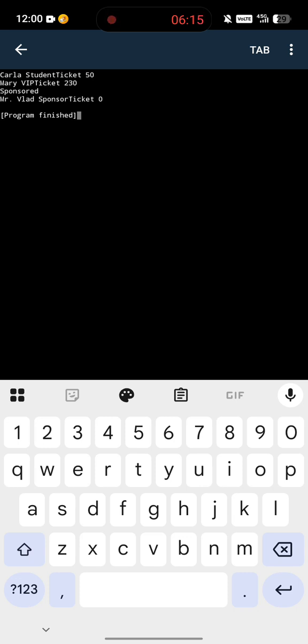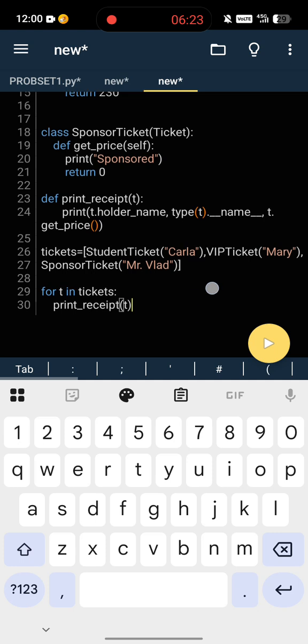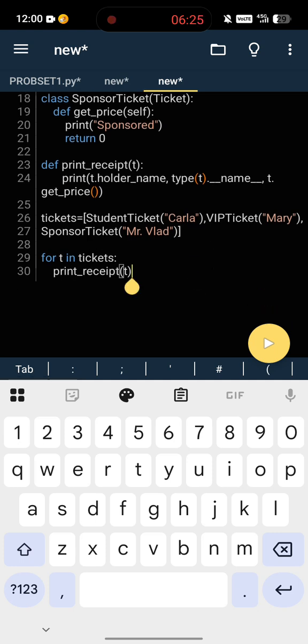And the amount of the ticket they bought is shown. Finally, I created the list of the ticket objects and used a loop to print the receipt for each one.